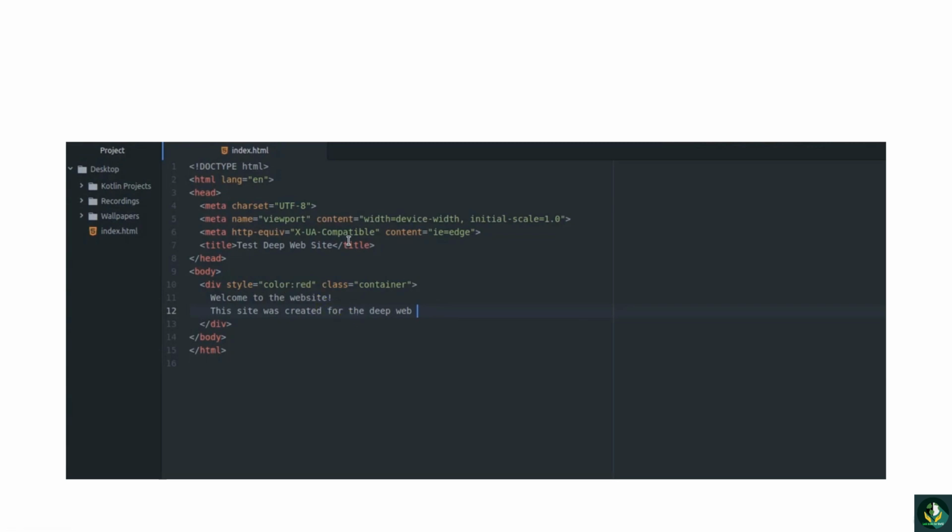So this is just a simple website, and we can give some simple internal styling, like colors. As you will be creating your own website, that's all up to you. You can use anything you want, and creating a text HTML file, this is how you can create a simple line in your Onion website.